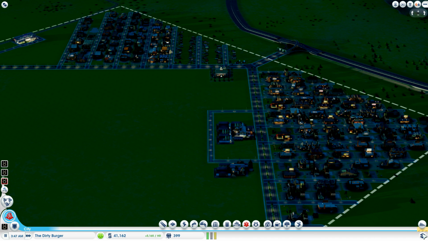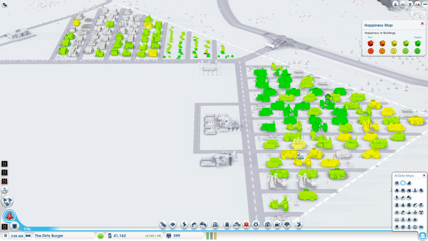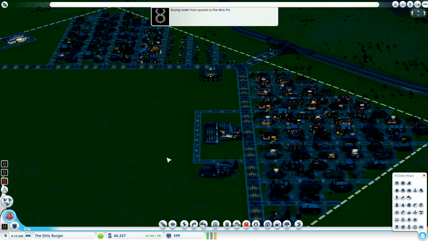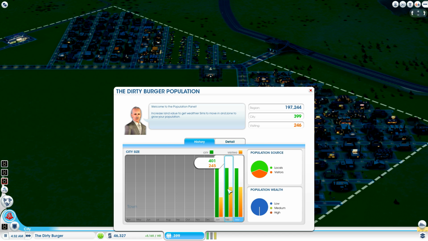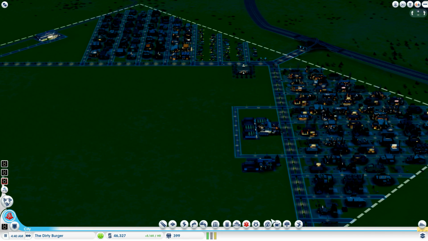Ah, here we go. You can see some of these buildings aren't that happy. Once they get into the red, they'll abandon. And I wish I could have shown you before I placed this that these were actually turning red, but I can't because I did it before you could. Anyway, I think we can build